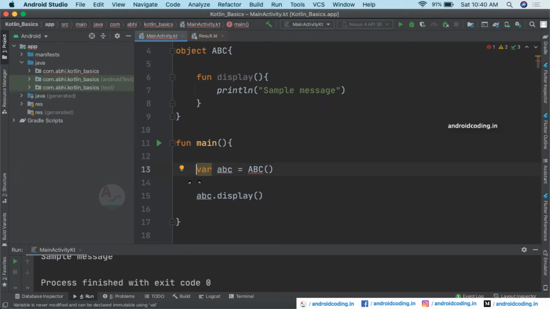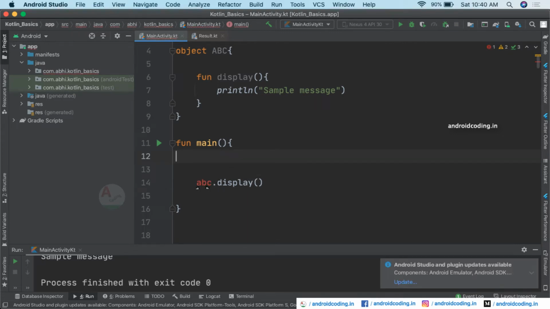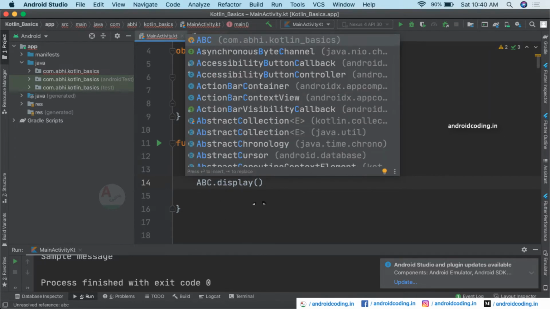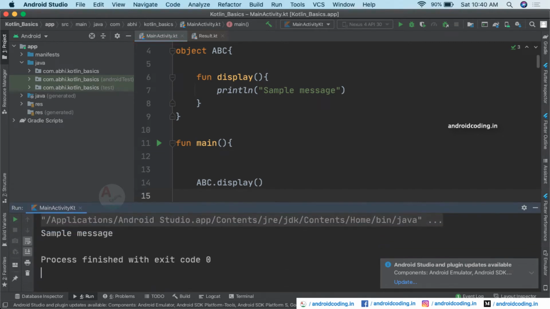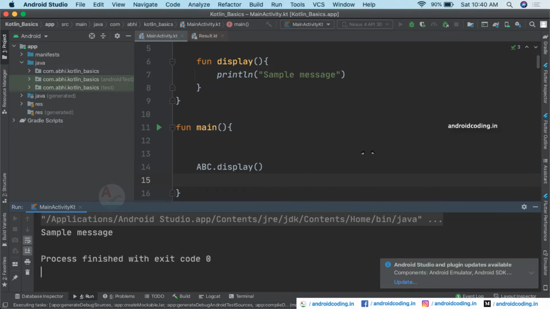But how can we access the display method is like, you can just remove the object creation from there, and so here instead of ABC you can just directly make use of the class here. And now let us try to run this code once again and try to see whether this works or not.